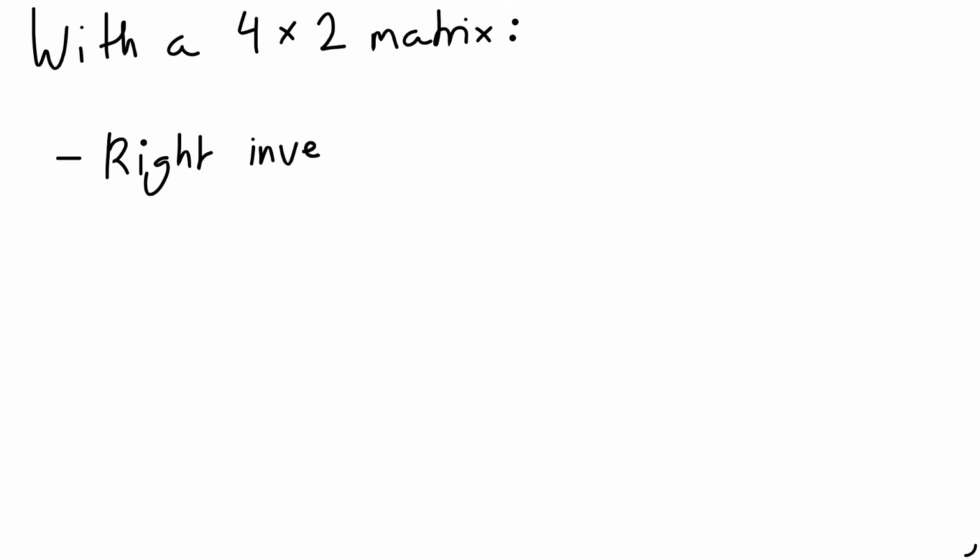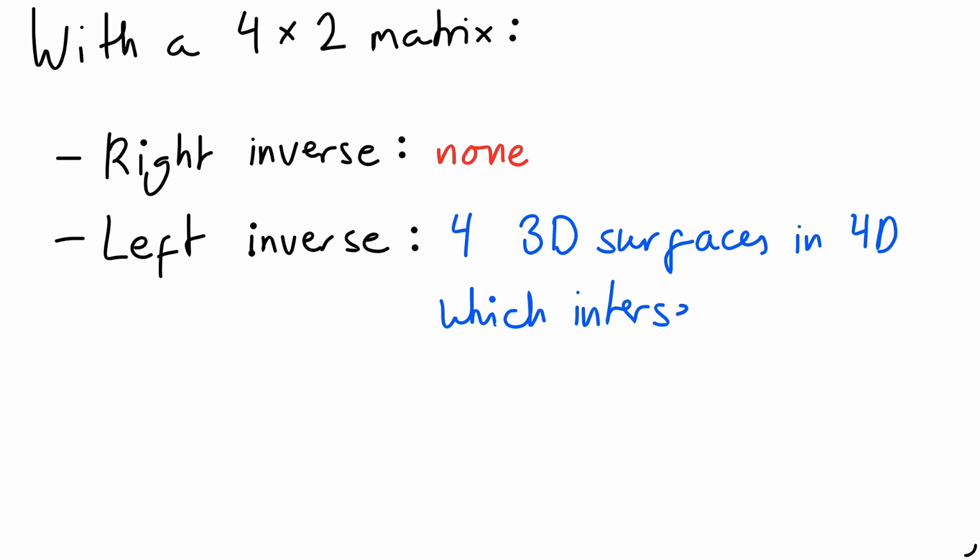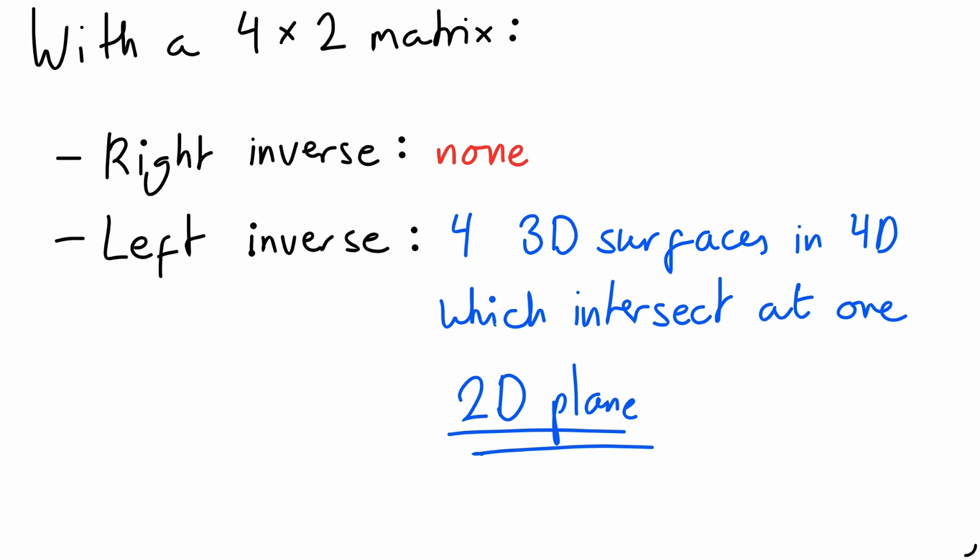If you repeat this with a 4x2 matrix, you'll again find that there is no right inverse, and for the left inverse, you get 4 equations, each with 3 variables, which I assume would be solid 3D surfaces in 4D space, which would intersect to give solutions defined by a 2D plane. This leads me on nicely to the final part of the video, the